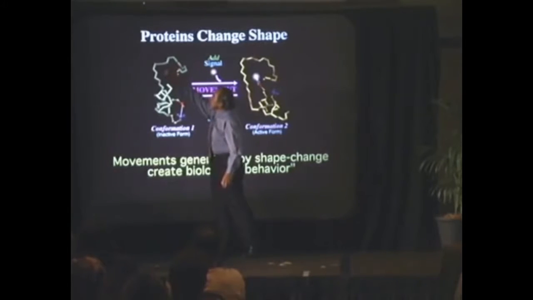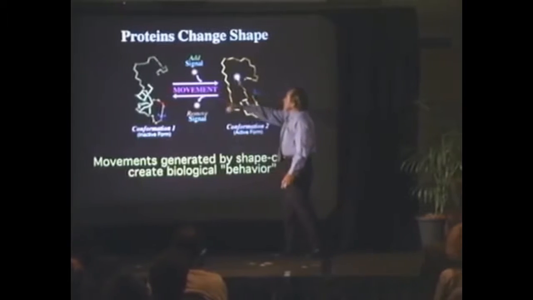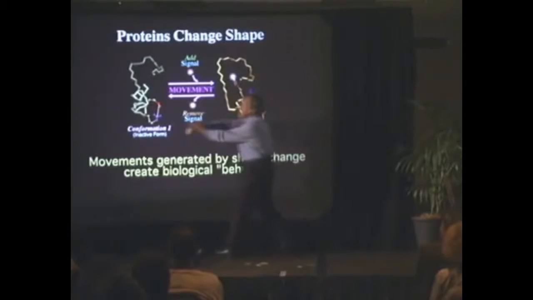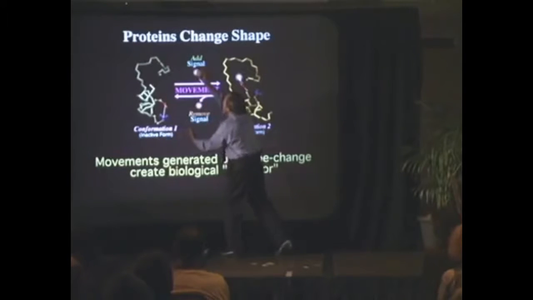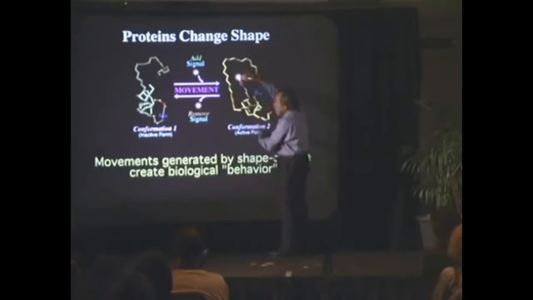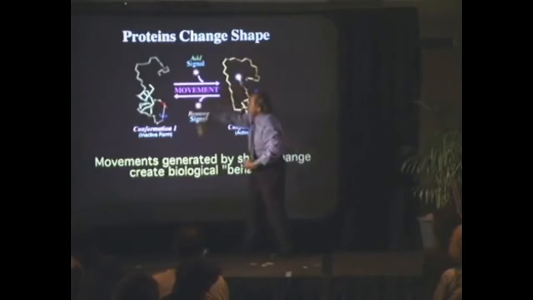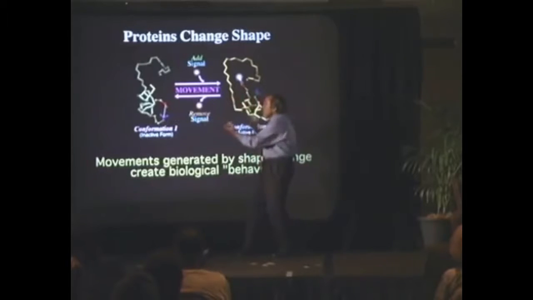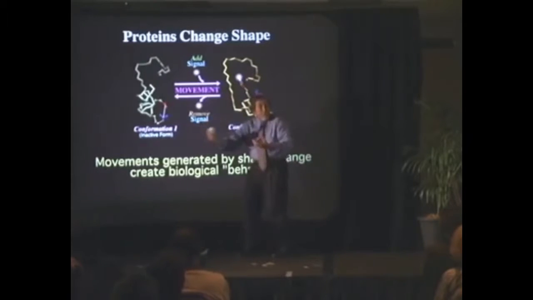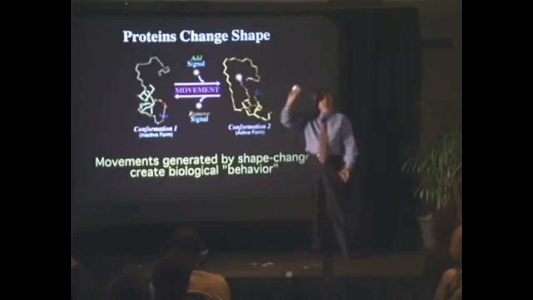It changes the charge, and it causes the protein to change its shape from this inactive form, conformation 1, shape 1. When I add the signal, it goes to shape 2, the active form. If I take the signal away, then the protein goes back to the resting state. So there are two different shapes to the protein, an active and an inactive form,